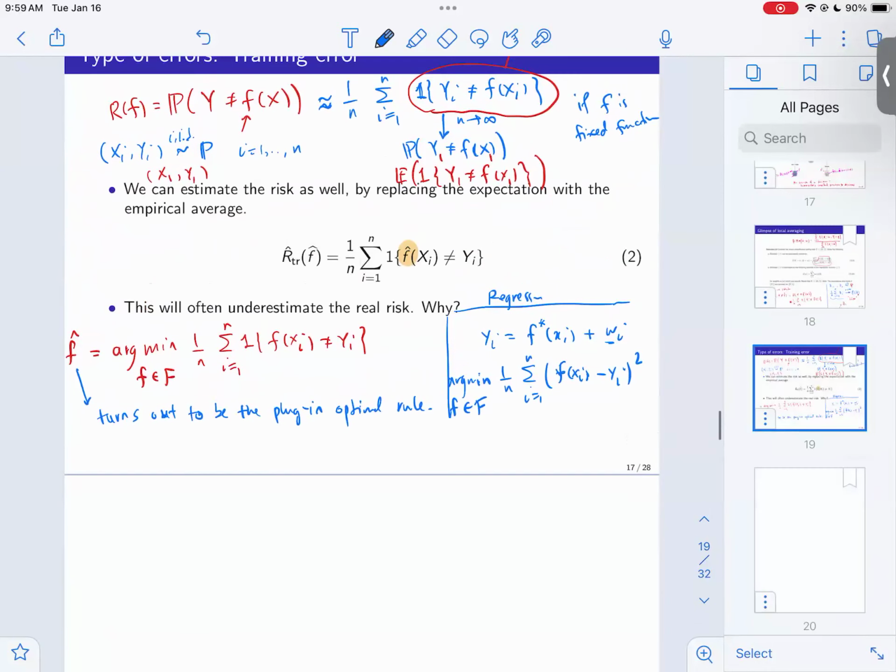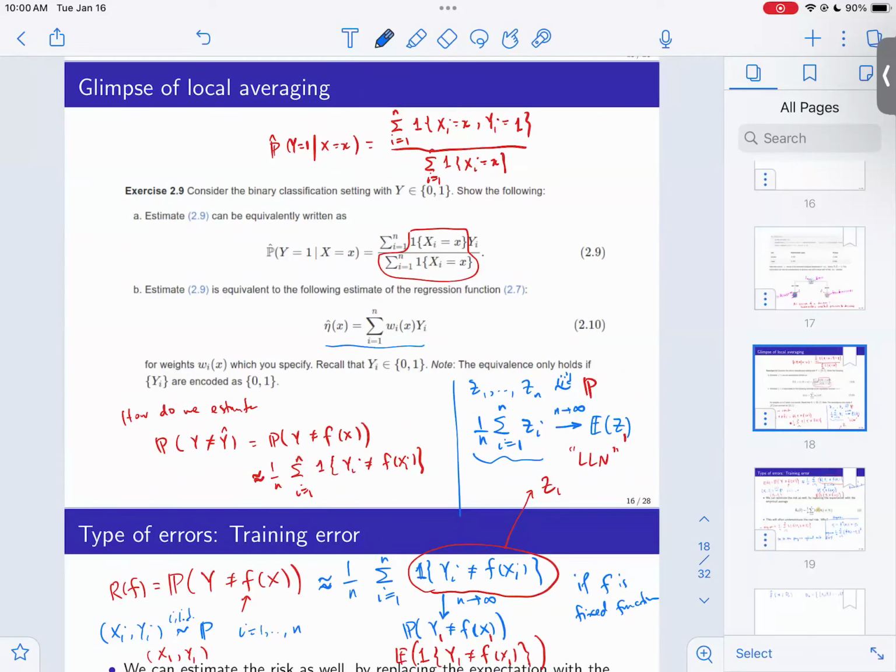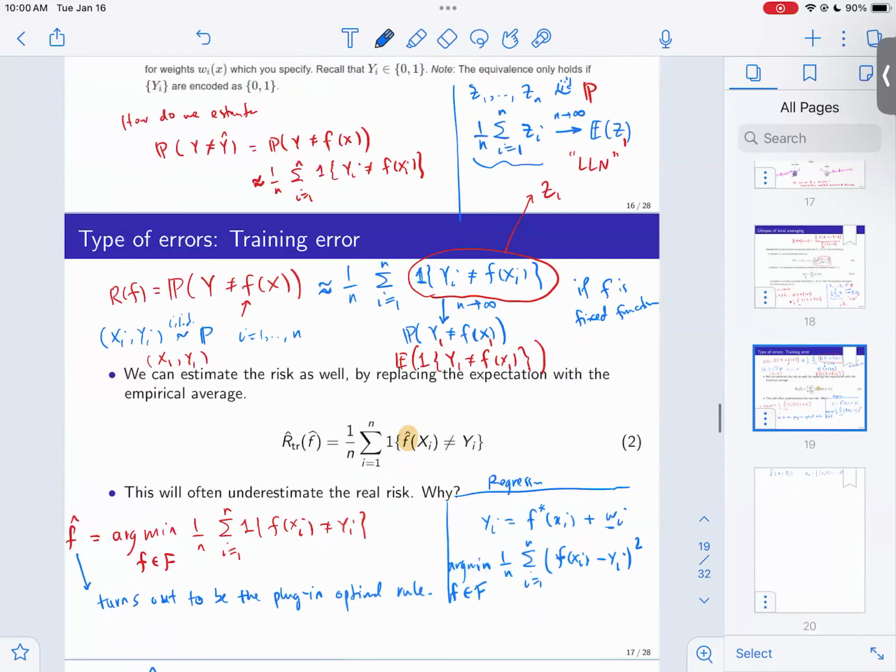So if you want to be careful, I need to write, you'd see sometimes I might write f hat of x that I take in, but there's really a D_n here, which is our training data, (x1, y1) up to (xn, yn). So it really depends on the training data. You can see it easily in this formula: the weight depends on everything, and then yi depends on everything. So when you evaluate at a single point, it also includes all the other training data. So it's really dependent on the entire data.